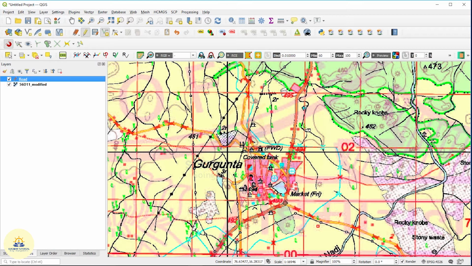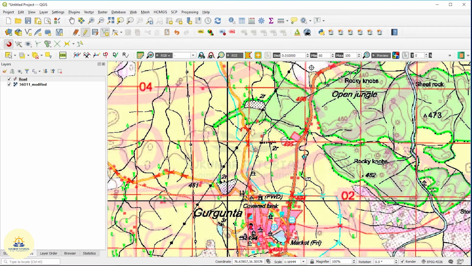It is snapping here. That means a violet color is coming when you bring the cursor here, at the already digitized last point, it will snap. Then you can continue your digitizing. Press your left button, add node along the center point of the road. Just keep going on the top.